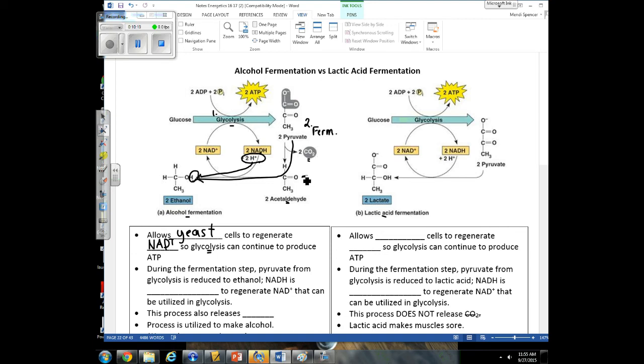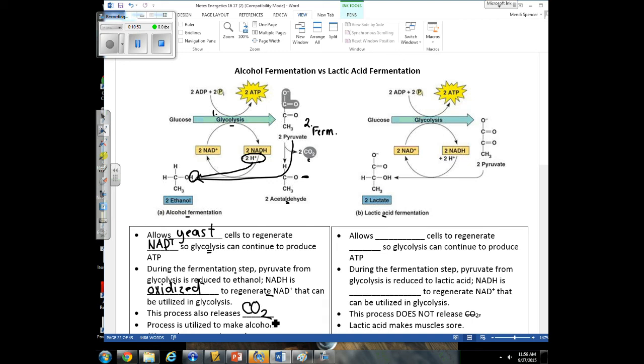So don't get caught up with talking about acetaldehyde. You can just simply say that during the fermentation step, pyruvate from glycolysis is reduced to ethanol. So that means that it's going to accept those protons and those electrons. That NADH is oxidized whenever it's donating that to pyruvate, and this is so that the cell can regenerate that NAD+. And you also see that since those carbon atoms are being removed from pyruvate, that CO2 is produced in this